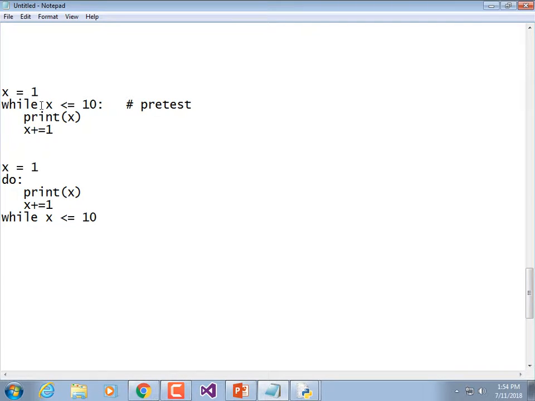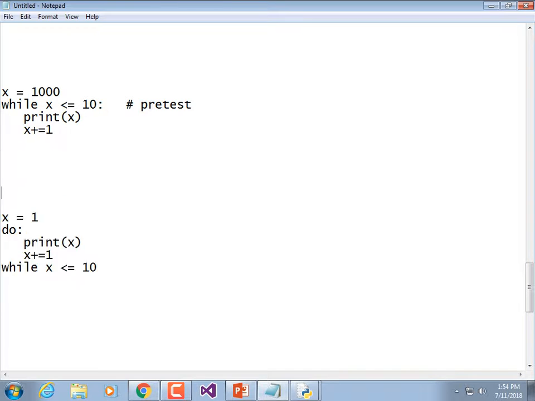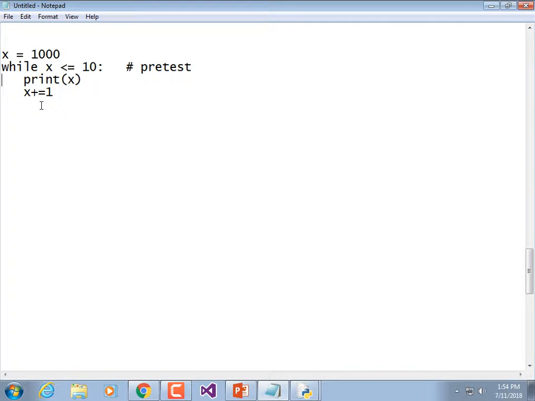If I wrote this as my while loop, forgetting the do loop, how many times is X going to be printed out? Is X less than 10? Nope. So just like an if statement, it's not going to even do the body of the loop. It wouldn't print out a thing if X is equal to 1,000. If this test condition is false, it doesn't go into the body of the loop. However, if you have a do loop,